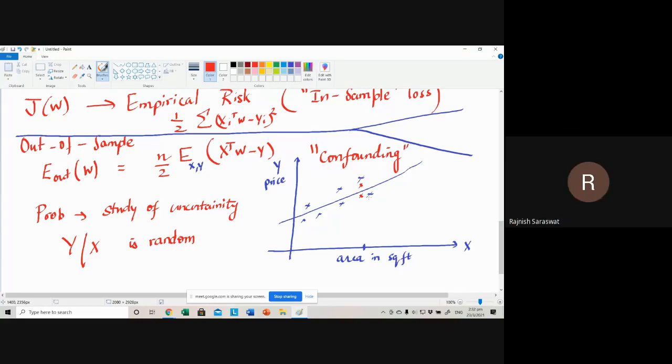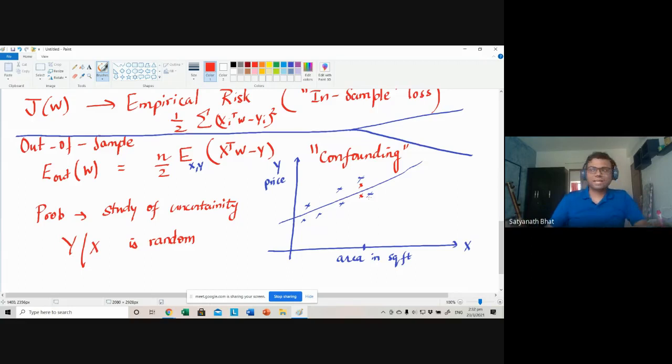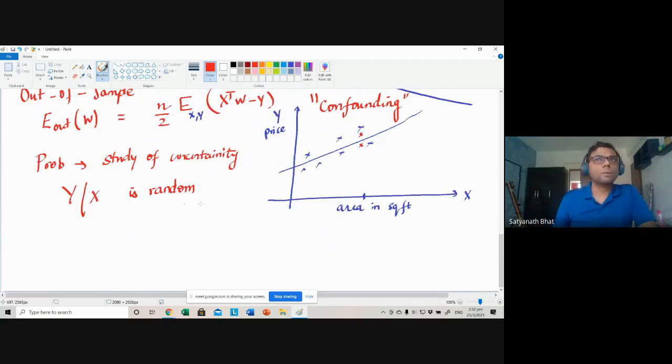So for a particular price, we can have more than one area. Yeah, exactly. Every property that you have will have different areas, and some people like small houses, some people have big houses, some people can afford only small houses, some people have other factors. Some people live in a semi-urban area, they can build big houses. Some people live in Mumbai. So all these are the reasons why x is itself random. Okay, so x is also random.